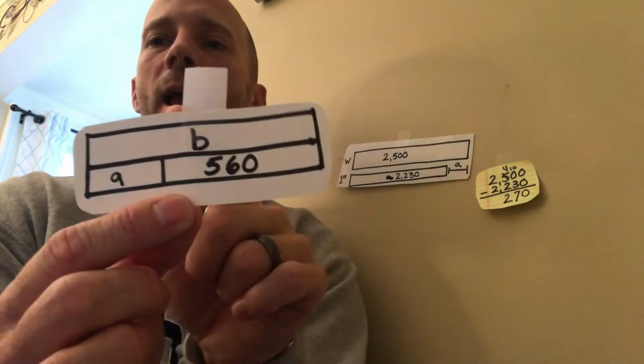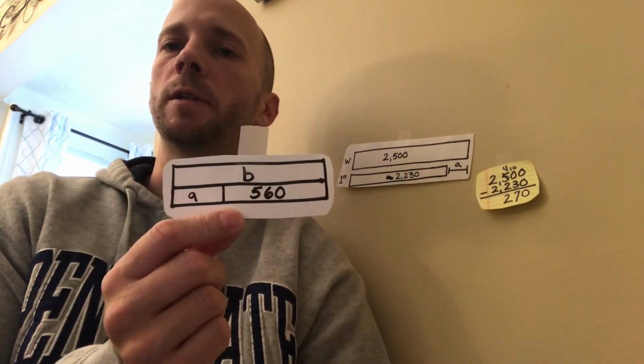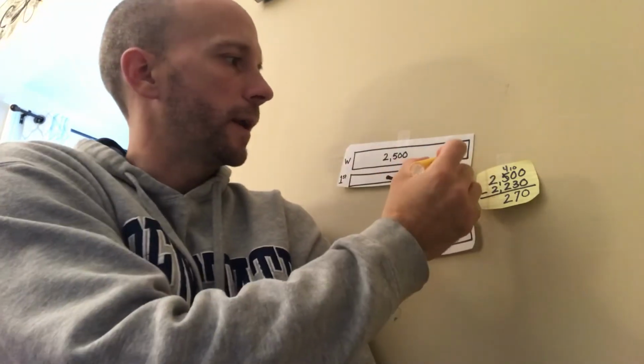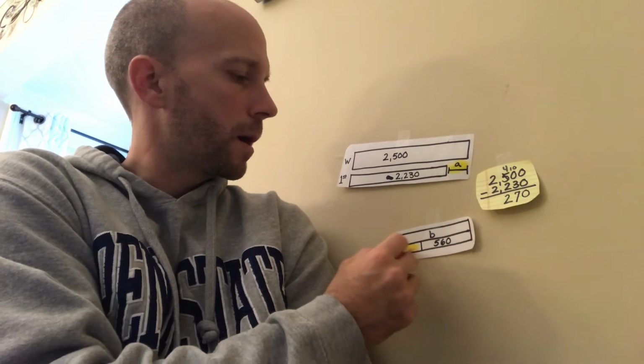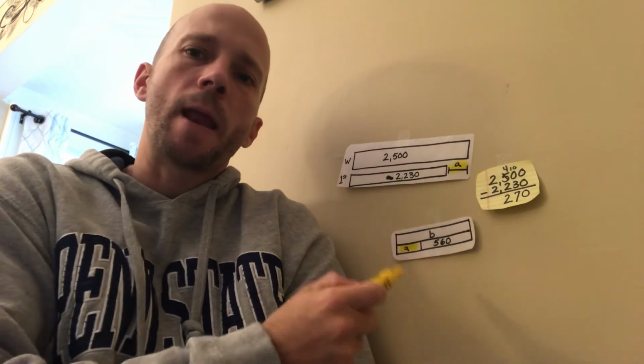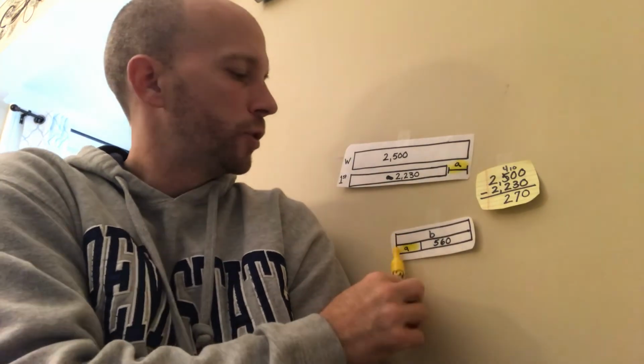I need my total. Notice I have an A and a B because this is going to be my A. This is going to be something I'm going to fill over because we had to do one step here, and then we had to go into another tape diagram here. Okay, so I'm going to highlight that so you guys can see that. This guy right here, we figured out, and it goes right there. So when you guys are doing this on your paper, you figure out A, and then A fills in down here. So then I have 270 and 560, and boys and girls, that's the first week of tape diagrams. Go ahead and solve that.